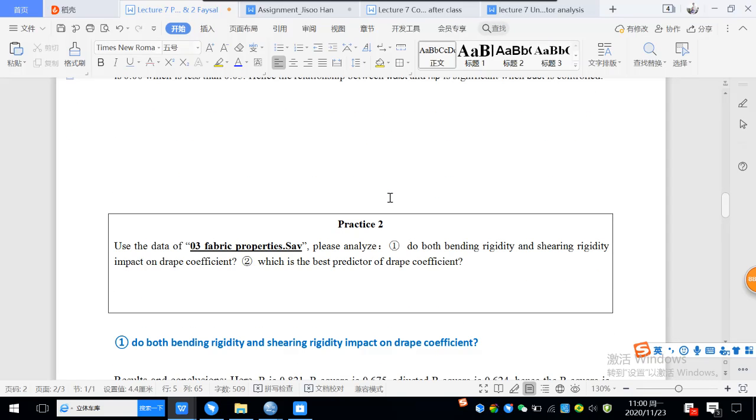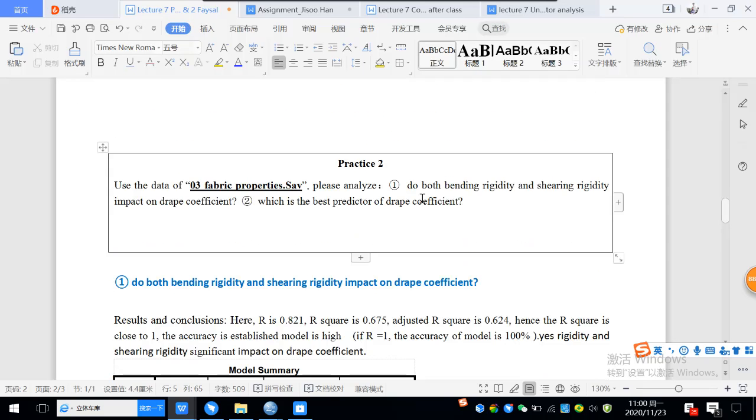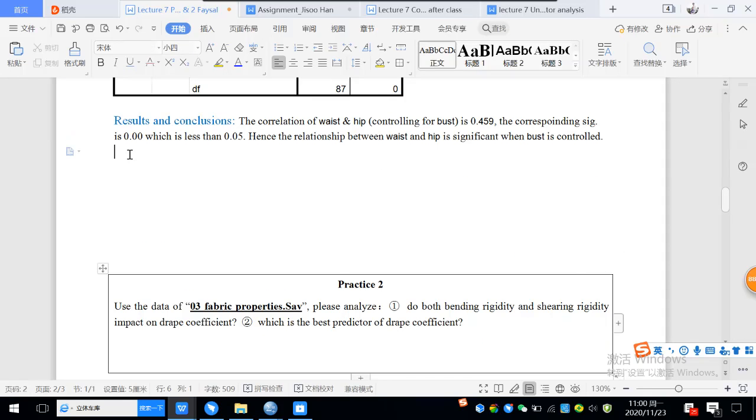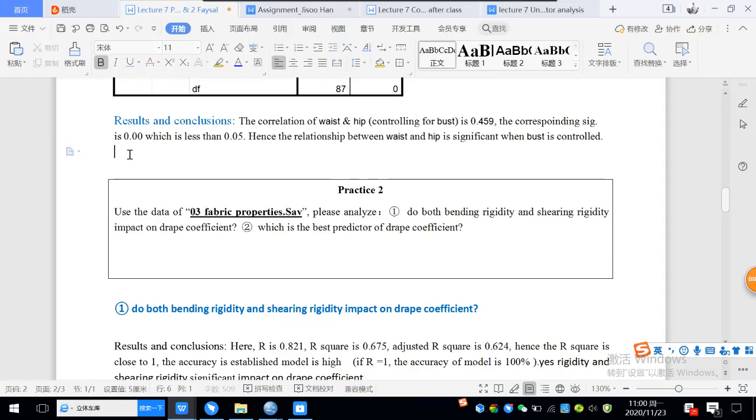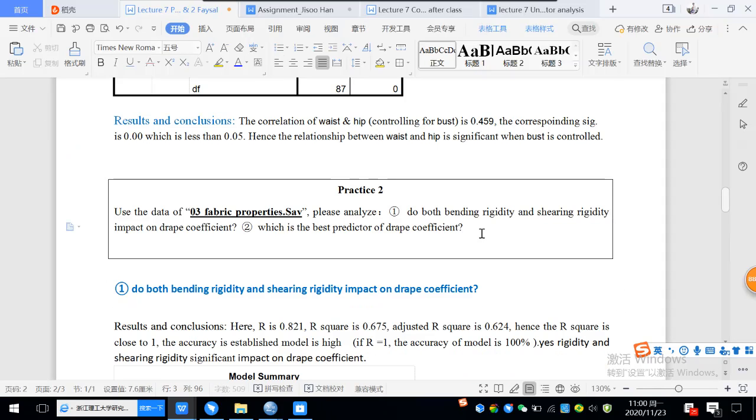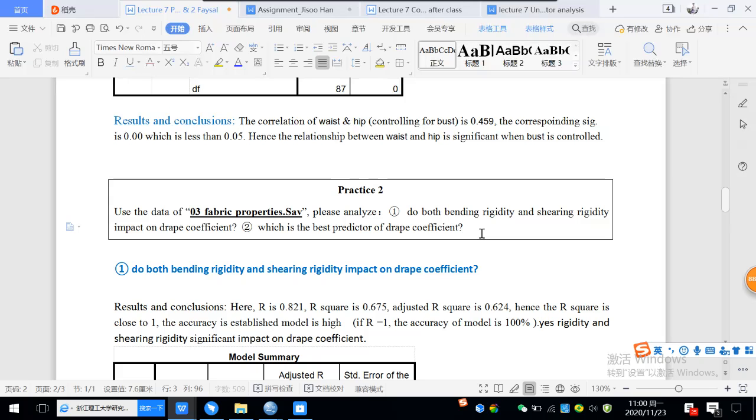Next is practice 2. Do both bending rigidity and shearing rigidity impact on drape coefficient? Which is the best predictor of drape coefficient? For this question, if you use the linear regression analysis, firstly, you need to draw a scatter to analyze